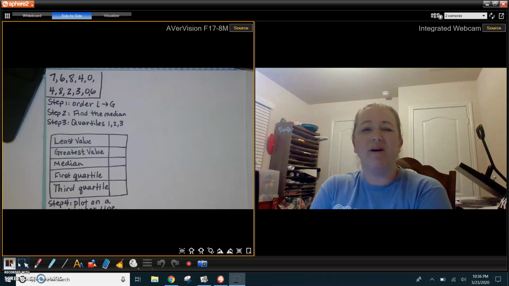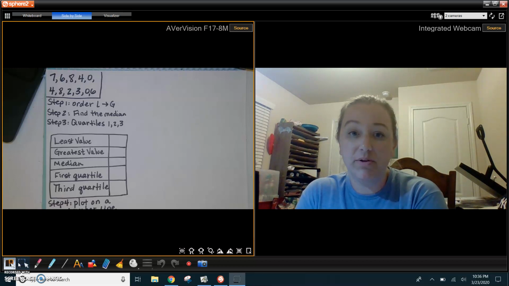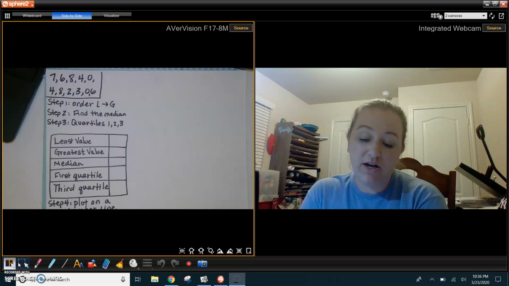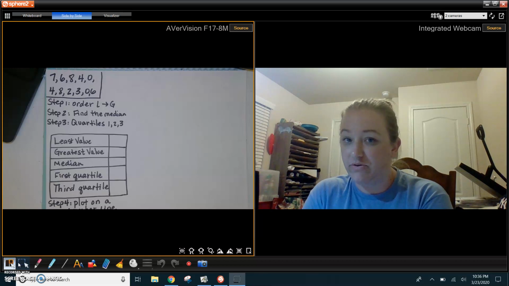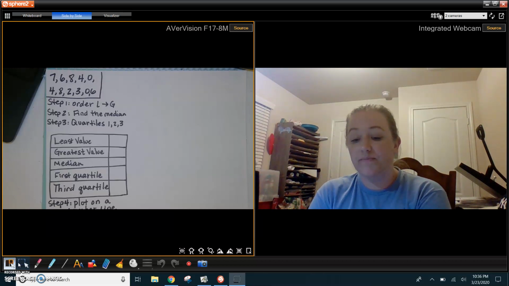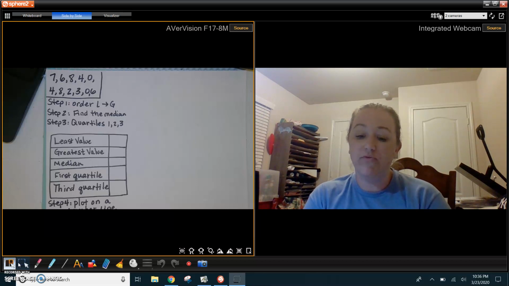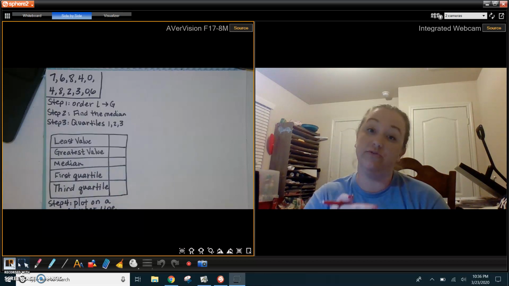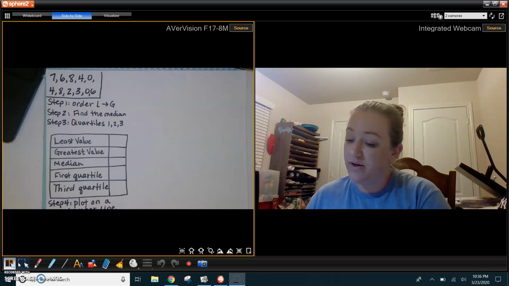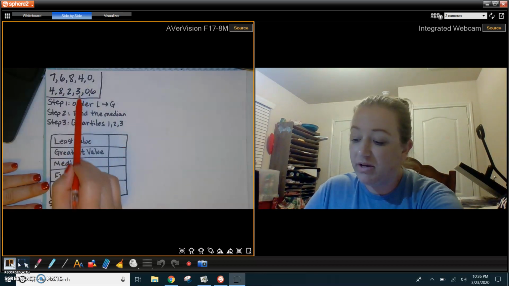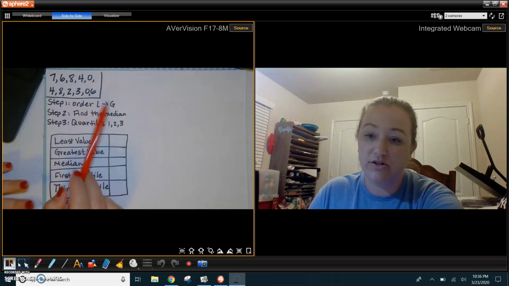Some of you guys might think it looks a little bit like a dot plot that you've done before, but a box and whisker displays data using the median, quartiles, and the least and the greatest values of a set of numbers. Quartiles show 1/4 or 25% of the data, so all the data is broken down into fourths basically. This is just some made up numbers, and I'm going to use this information to create a basic